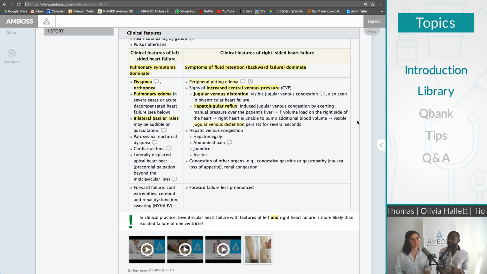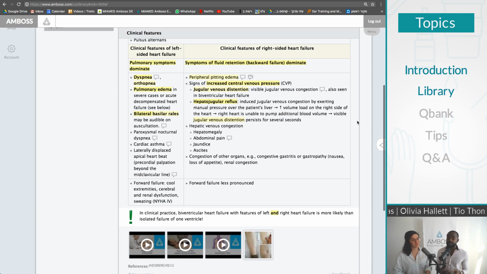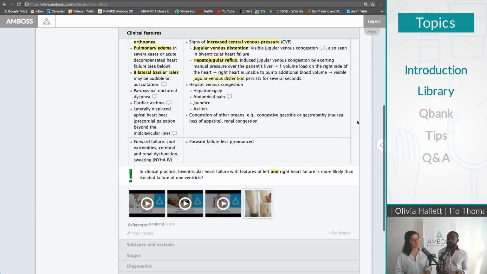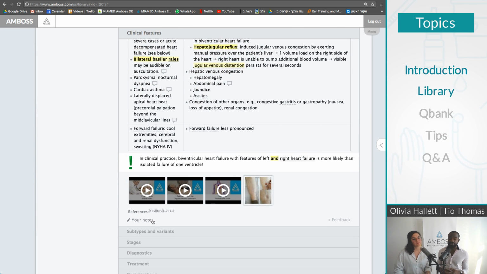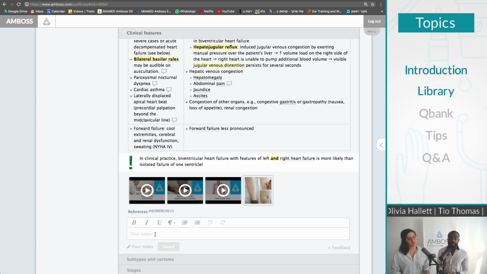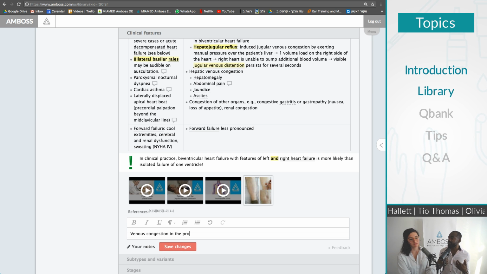And this is actually a really great starting point. But when you are in the wards, you're going to learn about a lot of other things that are going on. One thing you'll think about is venous congestion, which we cover, but there's more information to be thought about in terms of that. And so you can actually add a note to yourself about the fact that you can have venous congestion in the process of having congestive heart failure. And this is what leads to the additional edema, and this is what sometimes leads to difficulty with your